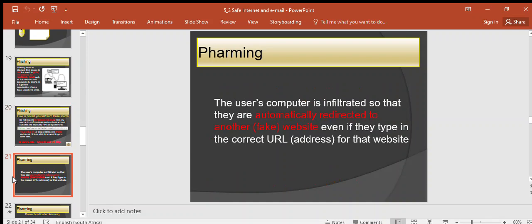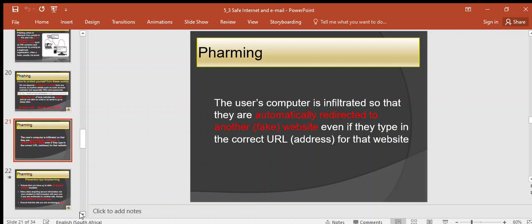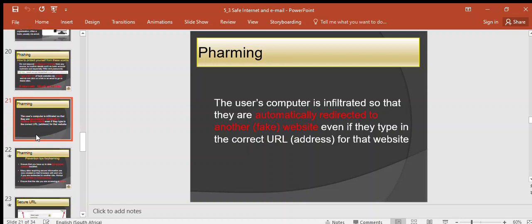The next concept we're looking at is pharming. Now, in pharming, the user's computer is infiltrated so that they're automatically redirected to a fake website. Now in phishing, you click on a link to a fake website, but in pharming, when you type your URL,